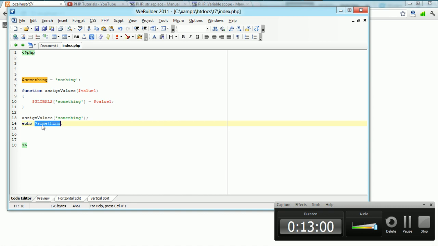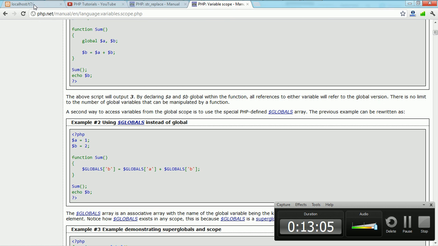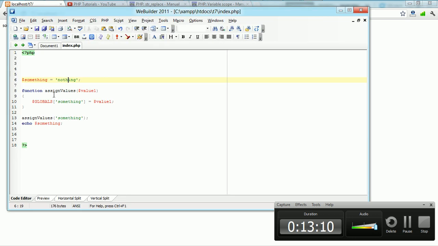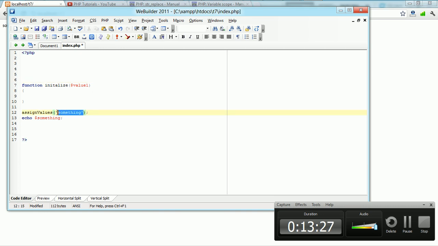Ta-da! Now, like you saw in that little manual here, we have the globals. I'm just going to go back here, and I'm going to show you guys a nice little example. This is for if you want to declare a global variable within a local scope or within a function. So I'm going to change this to initialize. And so let's just get rid of all this junk here, and we'll leave that here. We'll use the same variable. So we have our nice initialize function,